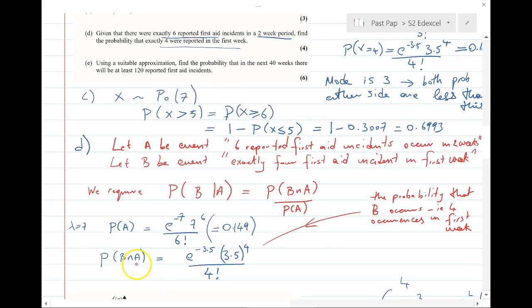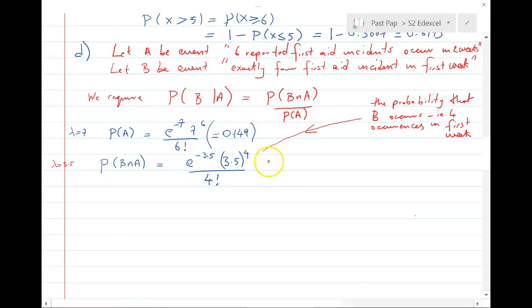that A must occur. Well, the only way that can happen is if in the second 1 week period, with lambda being equal to 3.5 in both of those cases, that 2 occurrences happen in the second week. So that's 2 occurrences, e to the minus 3.5, because we're just looking at a 1 week period,